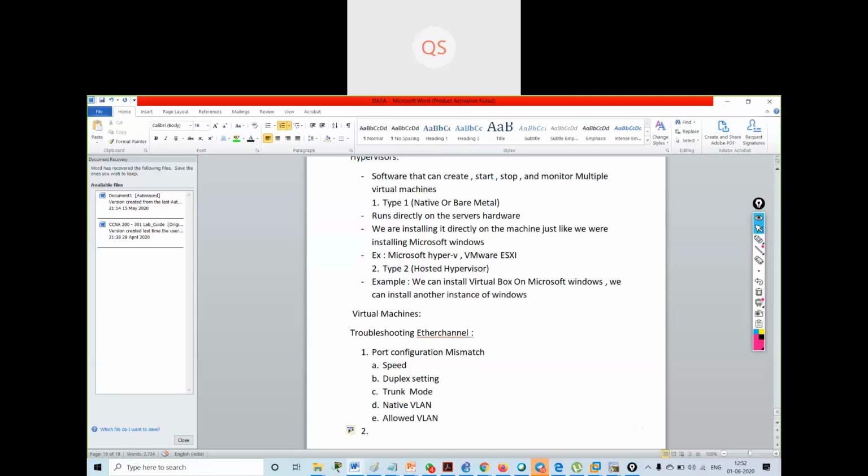Then the second thing that we can see while troubleshooting is misconfiguration in our PAgP or LACP settings. What can be the misconfiguration in the PAgP and LACP configuration?